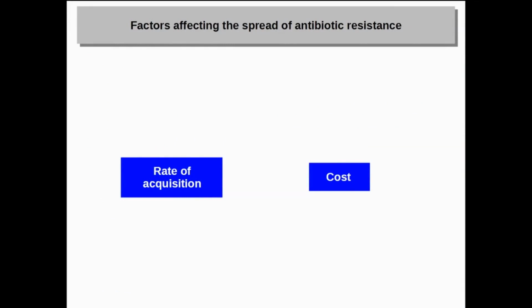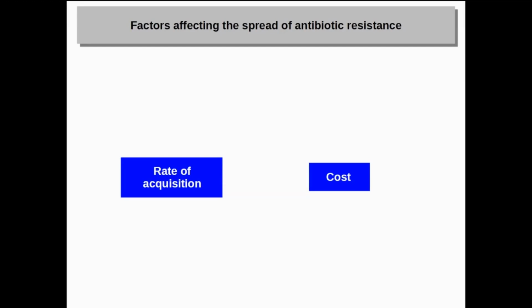And if we go to the basic oversimplified level, which is the one that I understand, from an evolutionary perspective, there are two factors that are critical for the generation and dissemination of antibiotic resistance. These two factors are the rate at which antibiotic resistances are acquired, and also the fitness cost that they cause on the bacteria. So this is obvious.